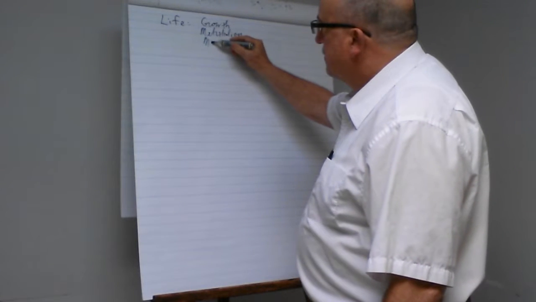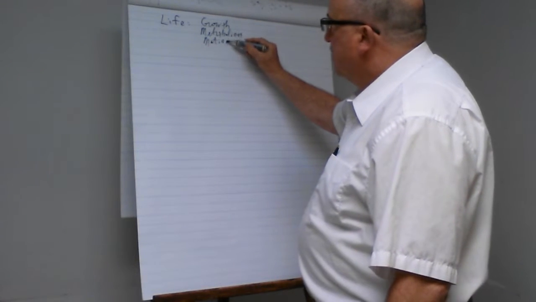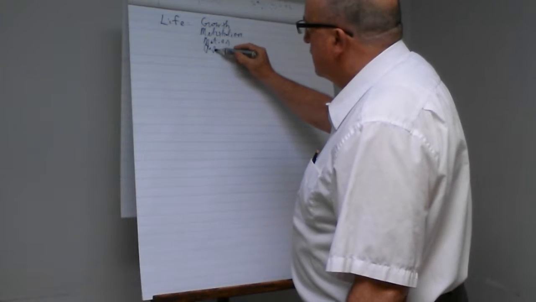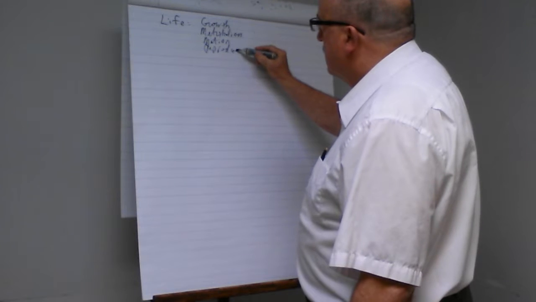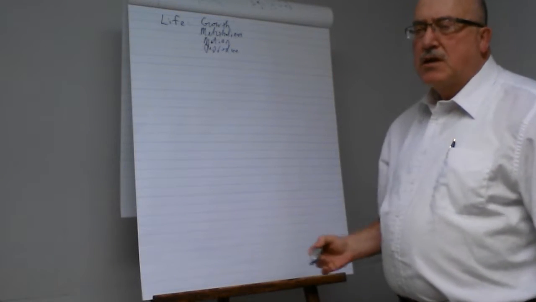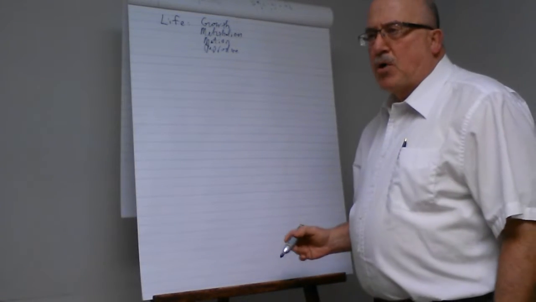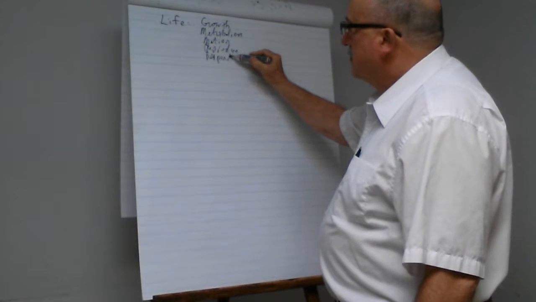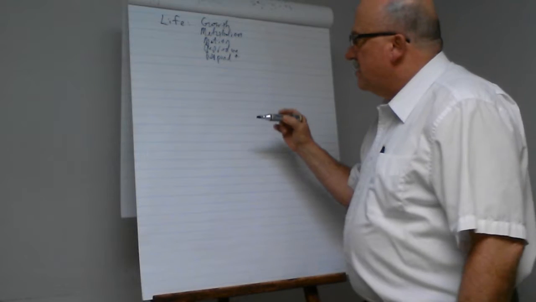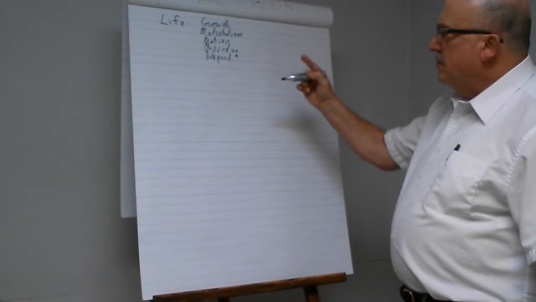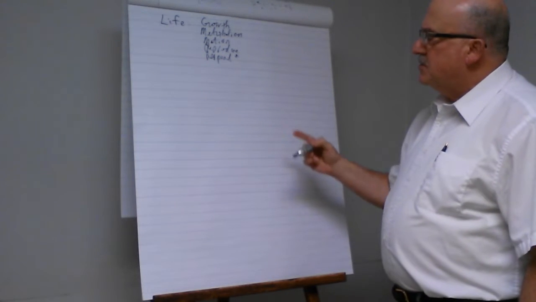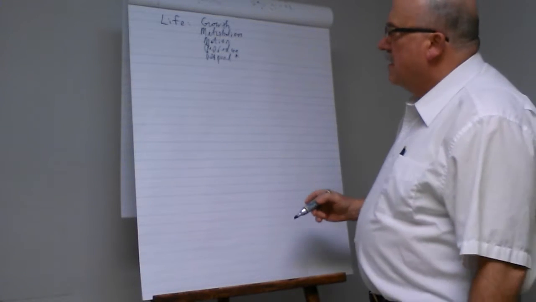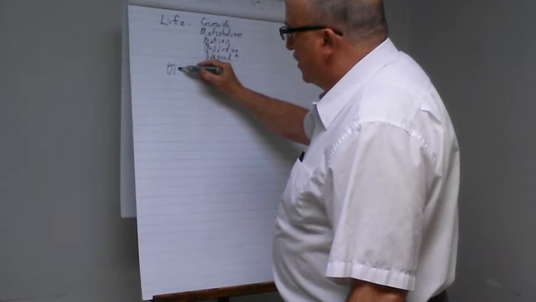Motion. The ability to move. Reproduce. To reproduce another person and respond. This aspect of response, stimuli and response and adjustment is what we're going to be homing in on. Now, the order of structure